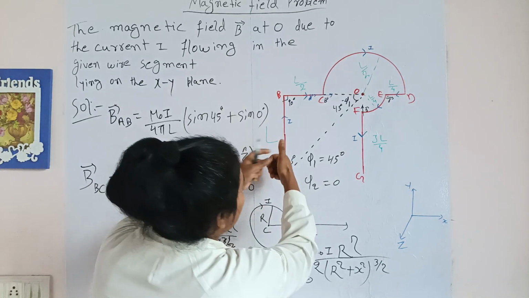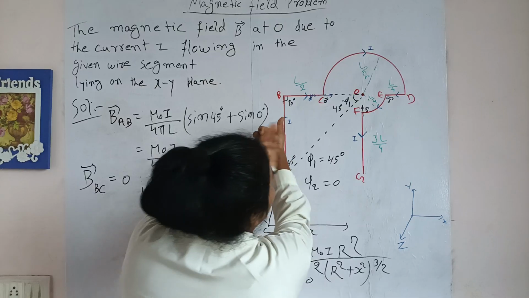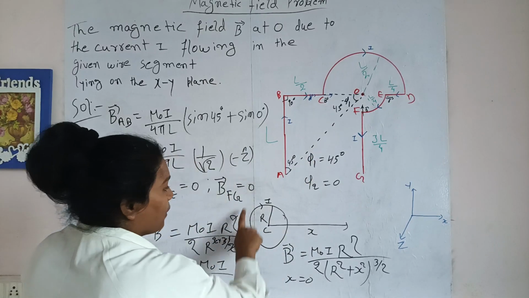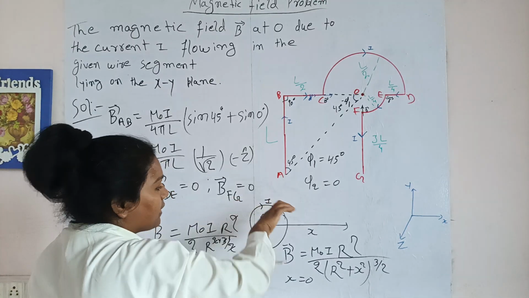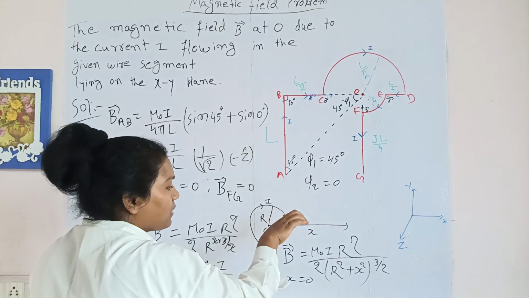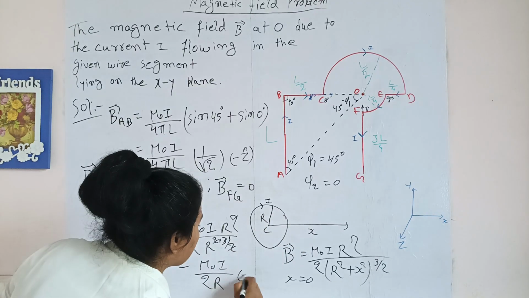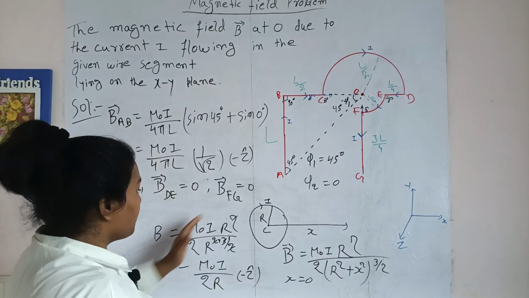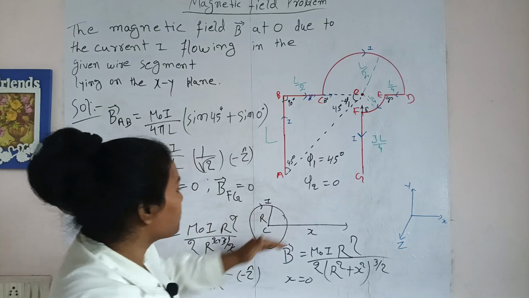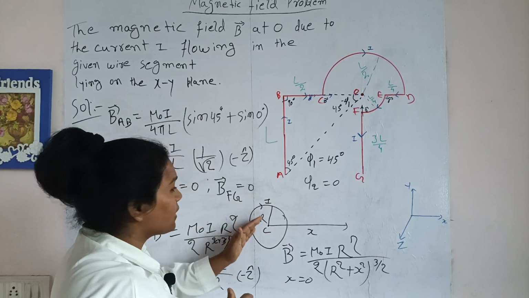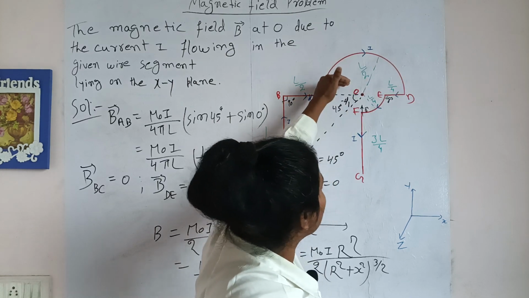When the wire was straight, we used the thumb to show the wire, then the curved fingers showed the magnetic field direction. Now when the wire is in a loop, we'll use the curved fingers as the current, then our extended thumb will show the direction of the magnetic field, which shows it's going again in the minus z direction. So we will use this result for this part. Here we found the result due to the whole circular wire. Here we have only a half circle, a semicircle.